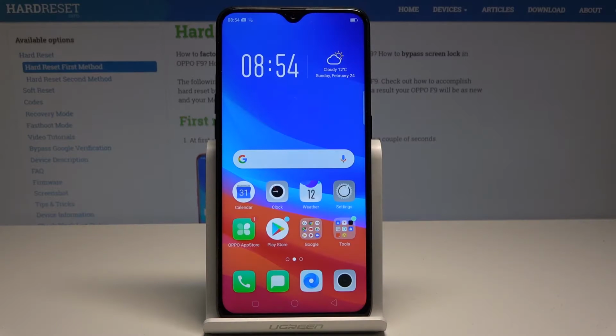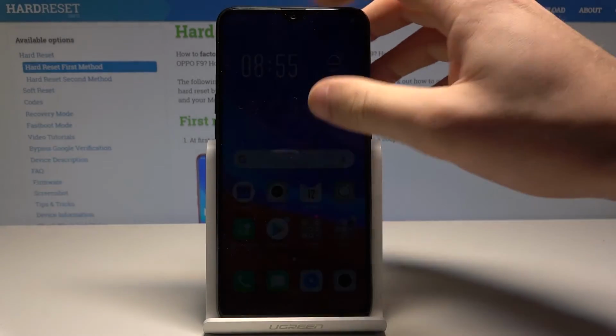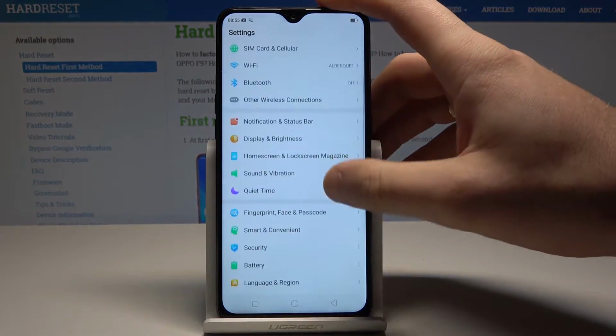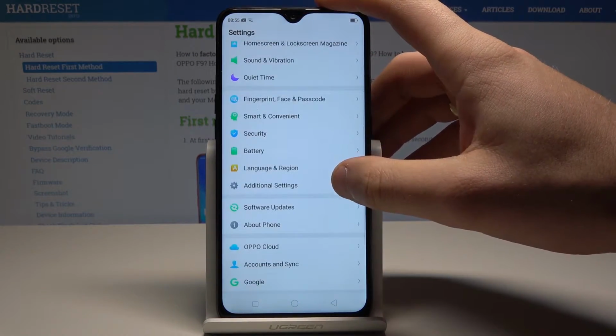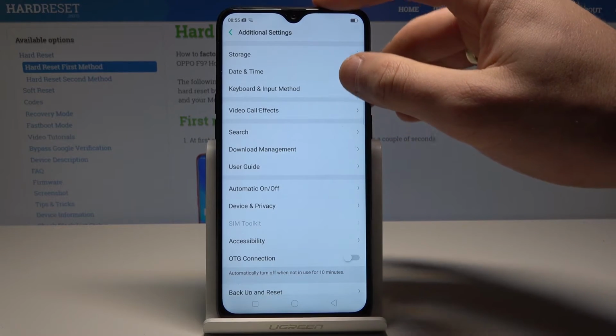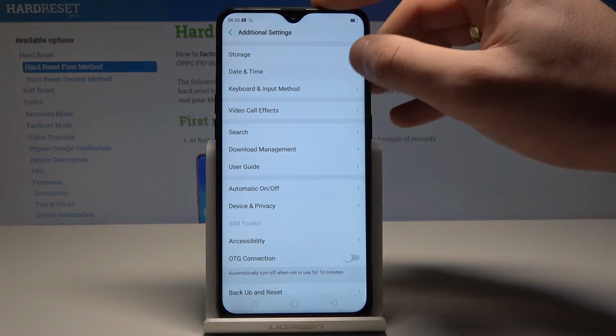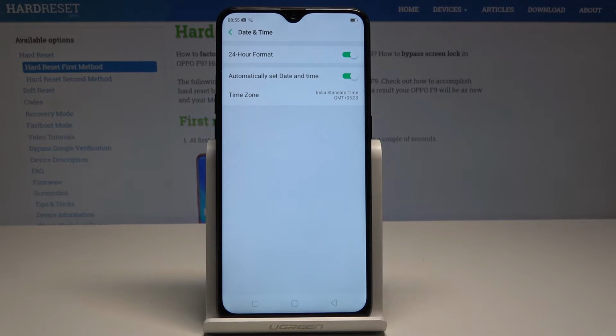Here I have OPPO F9 and let me show you how to set up date and time settings on the following device. So at the very beginning, let's start by using the home screen, find and select the settings, scroll down, and right here you should find the additional settings. From the following list, let's choose date and time, the second option,